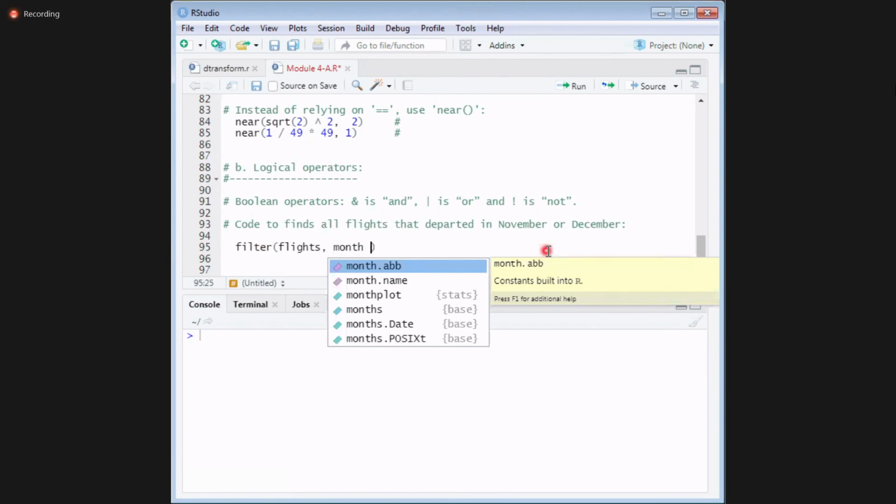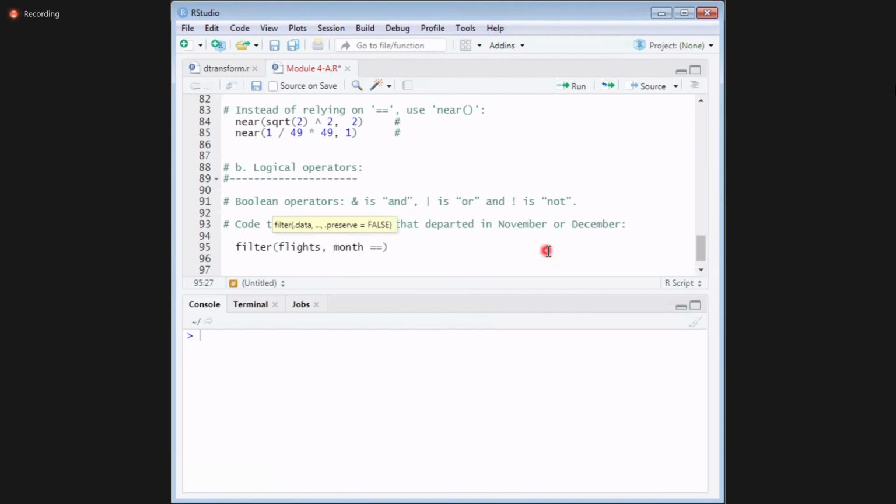Now tell me what to write. I want all the flights that departure in the month of November or December. Can I use it like this: month equal to 11 or month equal to 12?